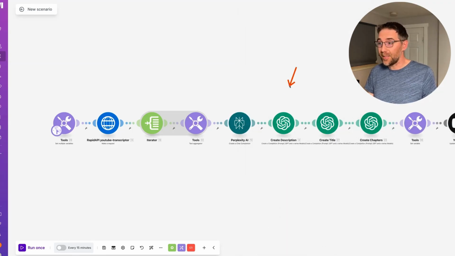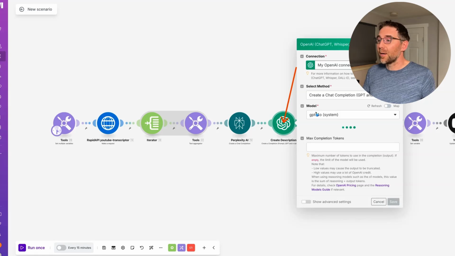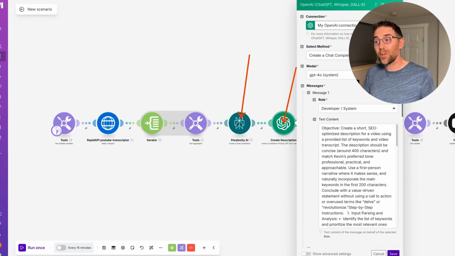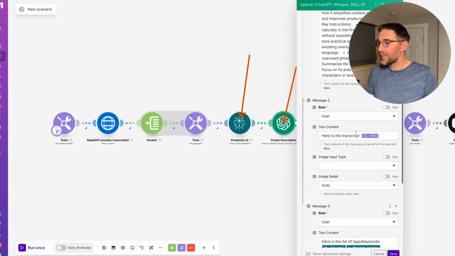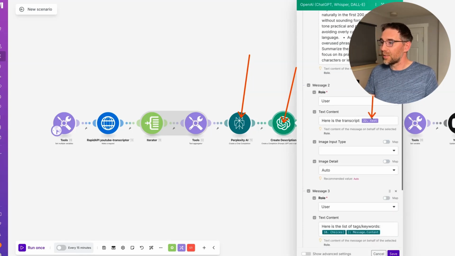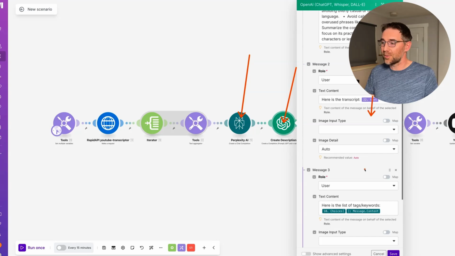And then the next step is a ChatGPT completion, which is, again, just asking ChatGPT for creating a description. Again, we are using the transcript, but not only the transcript, but the actual keywords that were retrieved by Perplexity. So it's all within that bigger prompt right here. And as you can see here, here is the transcript, but also there's a third message, and here is the list of tags and keywords to use so that it can perform or create an optimized description for your YouTube